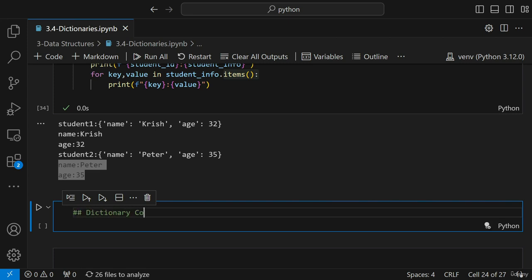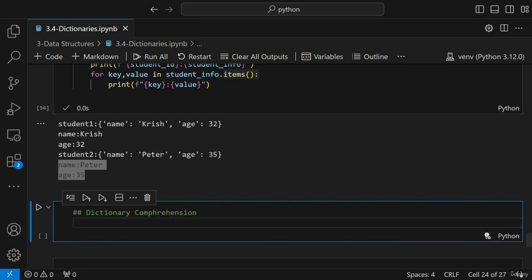Dictionary comprehension, like how we discussed nested list comprehension. Similarly, we'll discuss dictionary comprehension. Now, how does it work? Let's say that I want to print the square of a specific number between 1 to 10. So let me go ahead and create a variable squares is equal to,